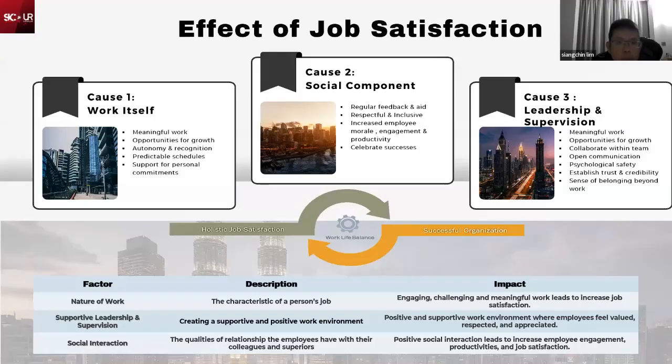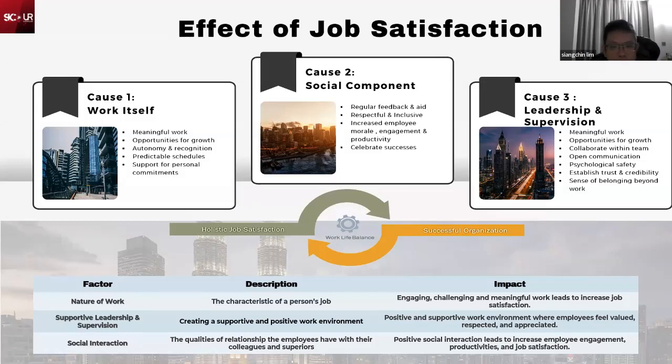Okay, as we can see from the slides, all 3 factors that we are discussing have positive correlation with employee well-being. This suggests that they are interrelated and they all contribute to increased employee well-being, which is when the score for one factor increases, the score for employee well-being tends to increase as well. So for example,